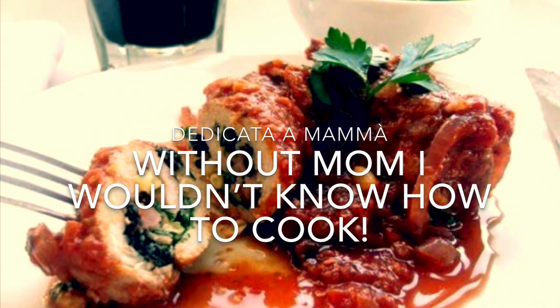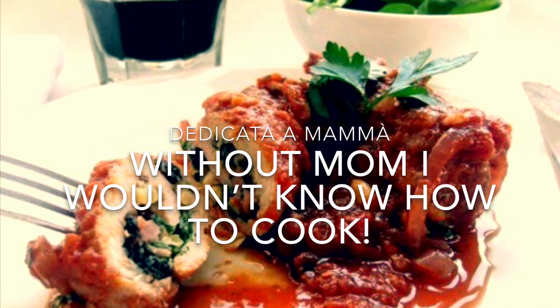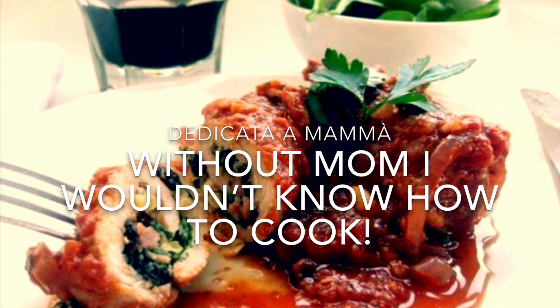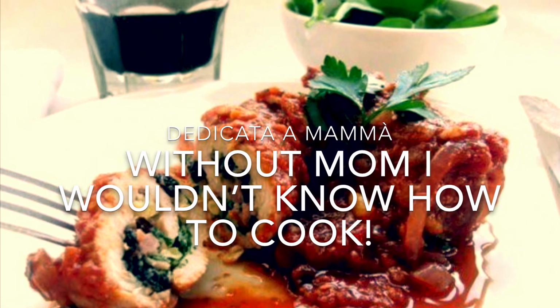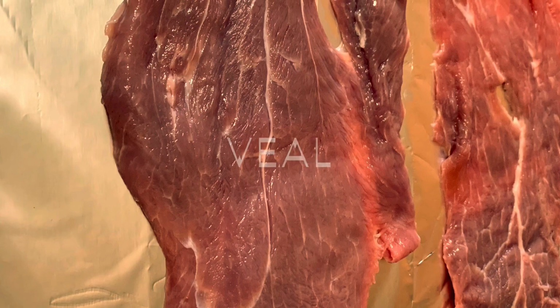Today we are making veal braciola or involtini, which in Italian cuisine is a thin slice of meat with fillings that is rolled up and held together by toothpicks or tied with string. For this video I use toothpicks because I have absolutely no idea how to tie string to meat the way a butcher can. We'll start with nice thin slices of veal, which you can get at your local butcher's, or